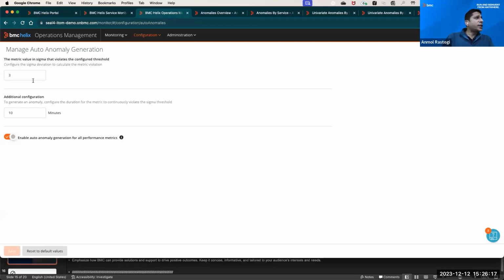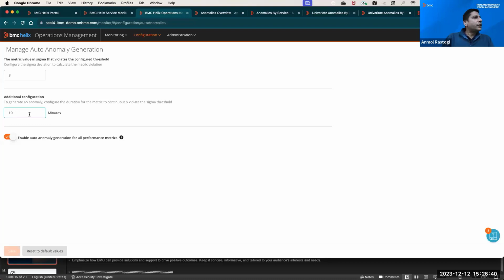And then I can also tell, depending upon the sampling and data accuracy, whether I want to go with 1 sigma deviation, or 2 sigma deviation, or 3 sigma deviation. And then I can also tell that within this 10 minutes,